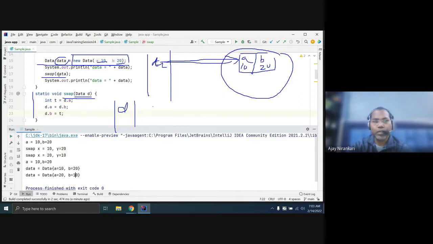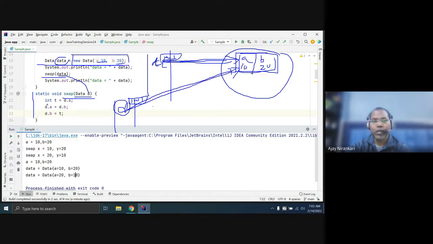Now you pass the same data here, so this d variable also refers to the same object. Let's say in terms of address space, they have some address. The arrow means whatever the address of this memory block is, it is stored here. Let's say the address is 1001. This 1001 is copied here too. 1001 means both refer to the same memory location.